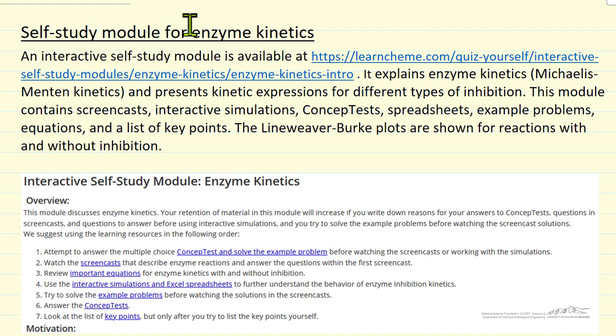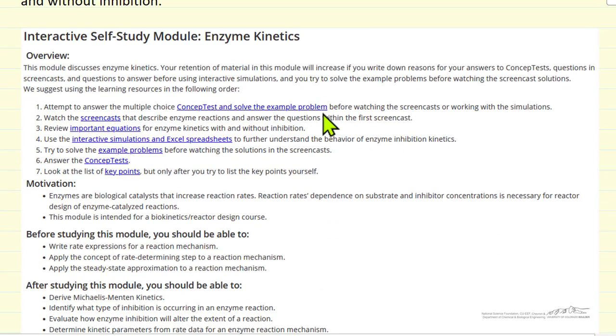I'm going to briefly describe a study module for enzyme kinetics, and it'll explain the Michaelis-Menten kinetics and then how inhibitors affect rates of reaction. And so the location of the module is given here, and then this is the first page, an overview of what it contains. And what I'll do is I'll go to the module and just go through briefly each of